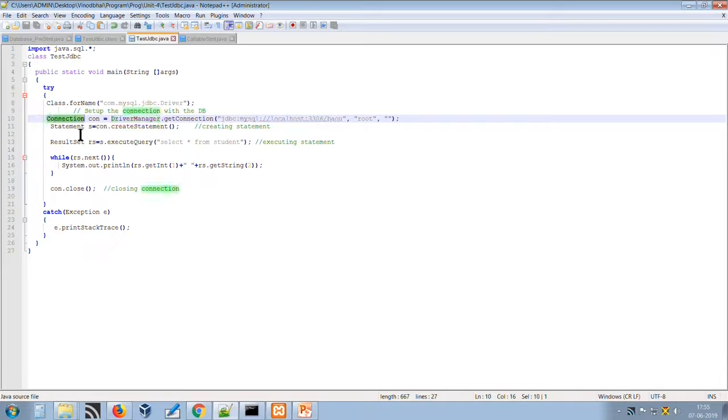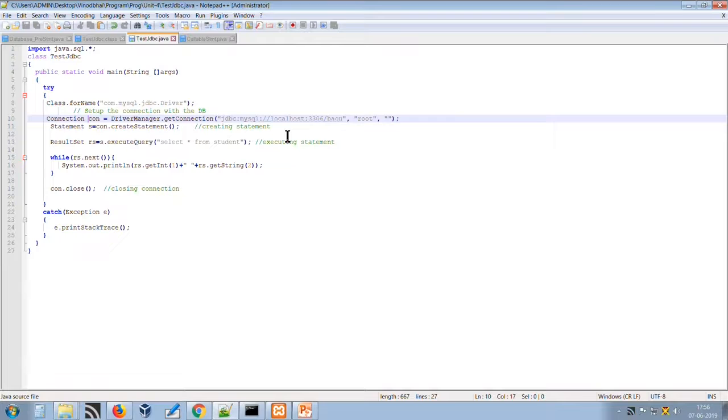Here we are creating the connection instance: con is equal to DriverManager.getConnection. The getConnection method will return an instance of Connection once the connection is established with our backend database. We are using a MySQL database, so we have written jdbc:mysql://localhost:3306, where 3306 is the port number on which we establish the connection, and the database is on our localhost, on the same system.